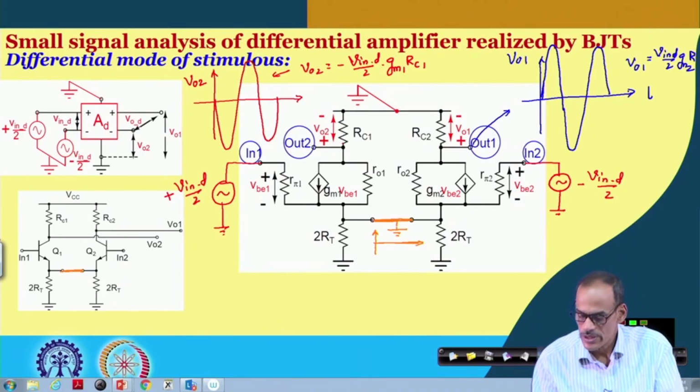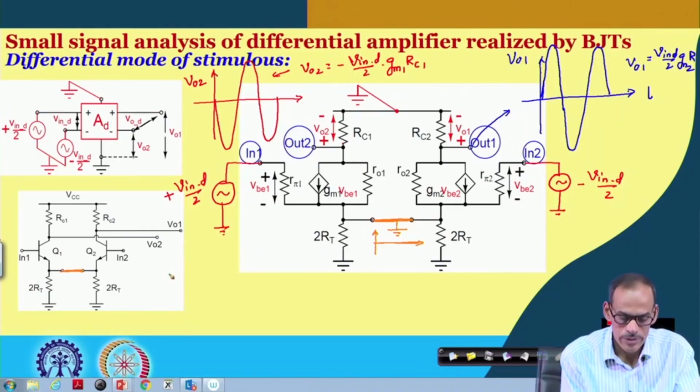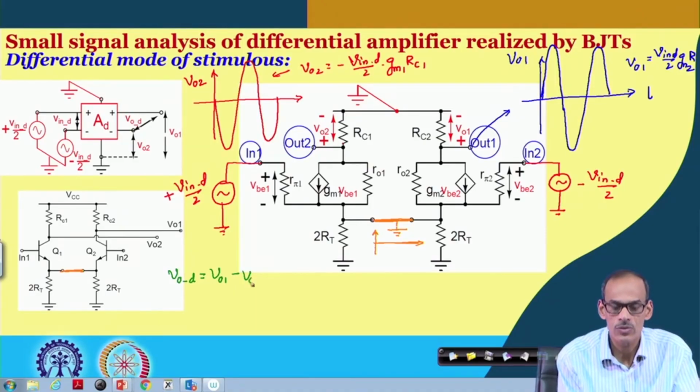So, the differential output VOD, which is defined as VO1 minus VO2, becomes V in D by 2 into GM into RC into 2,